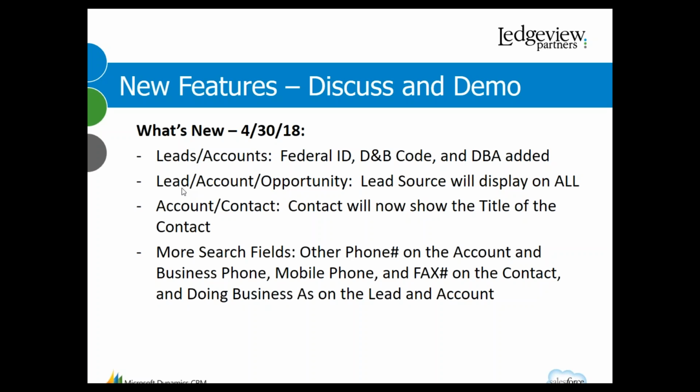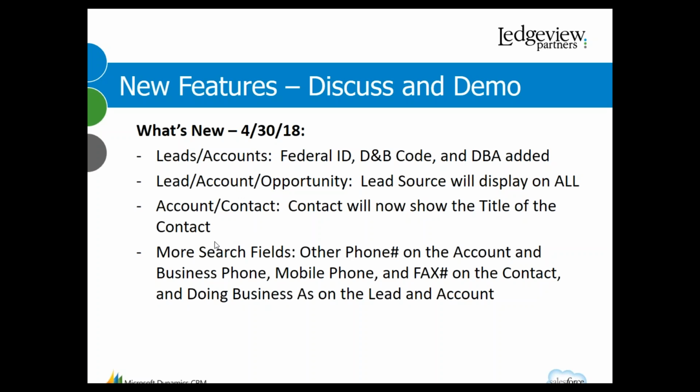All right. As far as leads, accounts, and opportunities are involved, the lead source will also slide over from the lead and populate on the account and opportunity. So you'll be able to see what lead source was involved with an account or an opportunity. Small change to the account screen on the contact grid, we're showing you the contact's title,